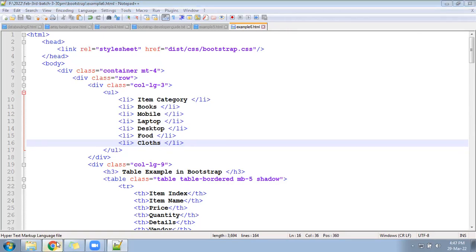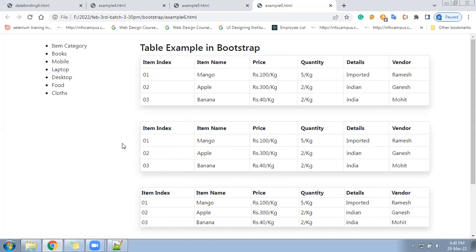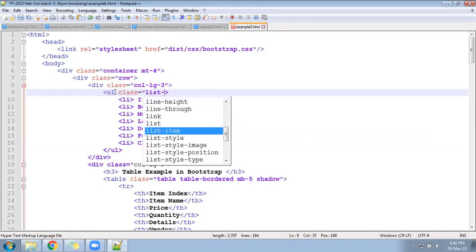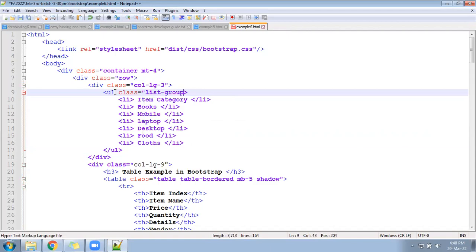Okay, check now. It will look simple, without much look and feel. We have to apply CSS for that. The class is already written, then it will look perfect. So write the class name for list group. list-group is the name of the class.